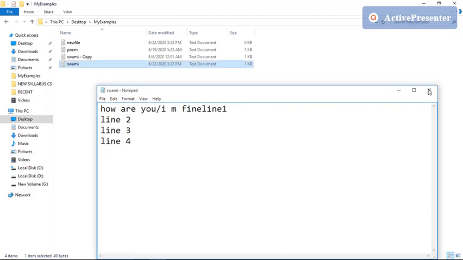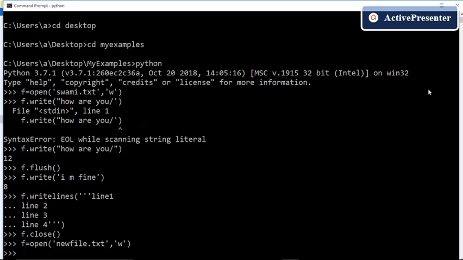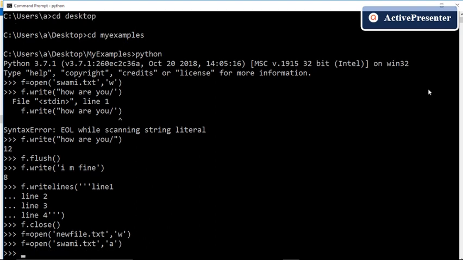Now I am trying to open this file in append mode. So f is a file object. I am opening the file again, swami.txt, and now the file is open in append mode.